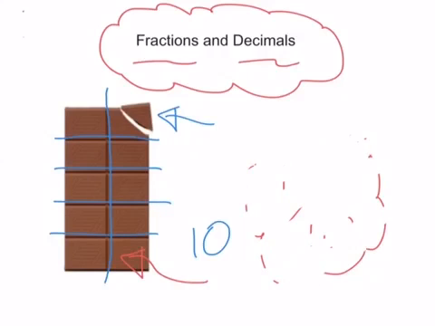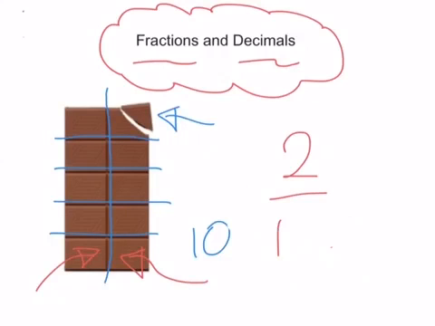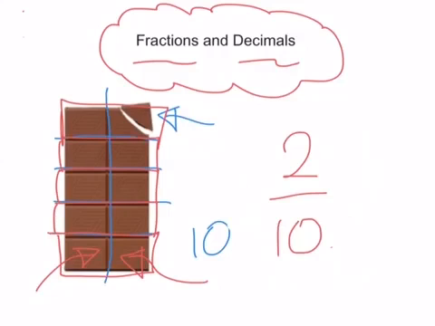Now if we rub that out and we think about two pieces, so imagine you've just got two pieces of chocolate. So we'll have that bottom one that we had before, and then we'll have another one as well. So we've got 2 out of 10. Now what you can do here is you can say, well actually, if we've got 2 out of 10, we're breaking that piece off. And there are two pieces, and those two pieces are the same as those two, as those two, as those two. So what we've got is we've got 5 different,